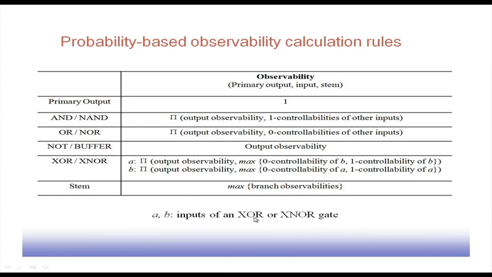Now, for the observability values, the primary output is definitely observable, so it is taken as 1. For an AND gate or NAND gate, the output observability is equal to the product of the output observability and the 1-controllabilities of the other inputs. So, what happens is that if I have an AND gate,